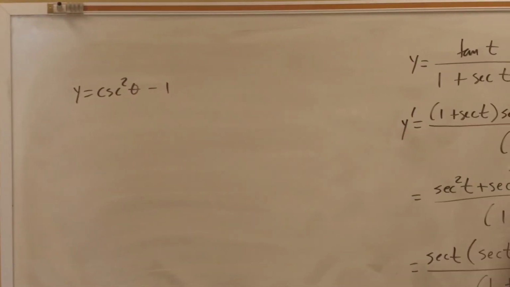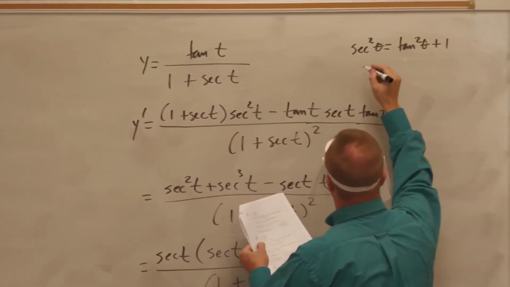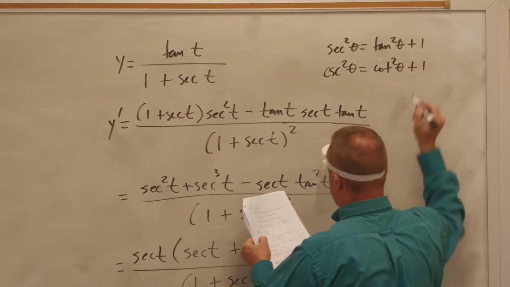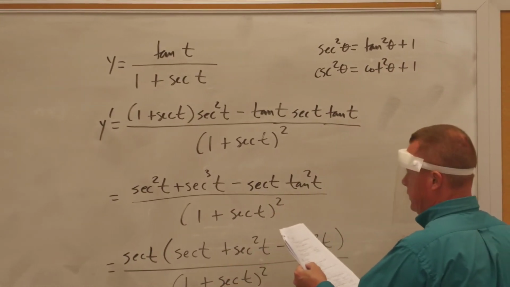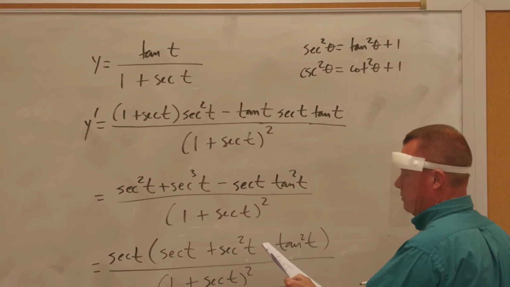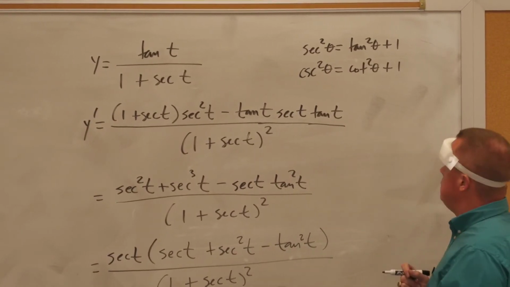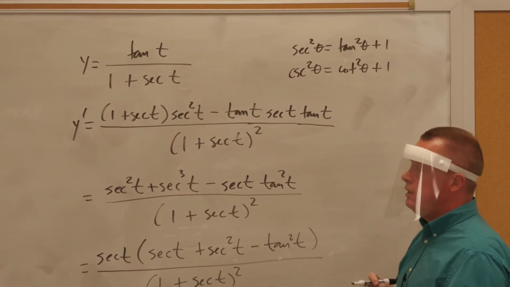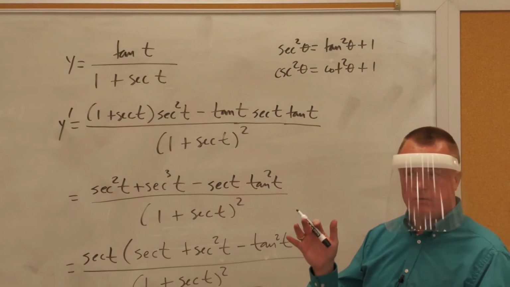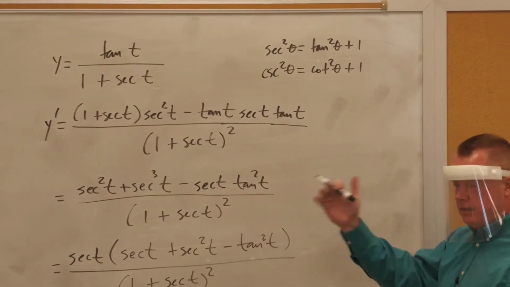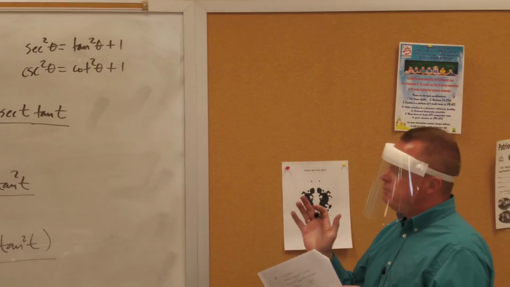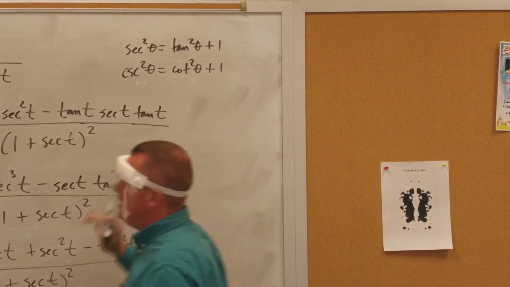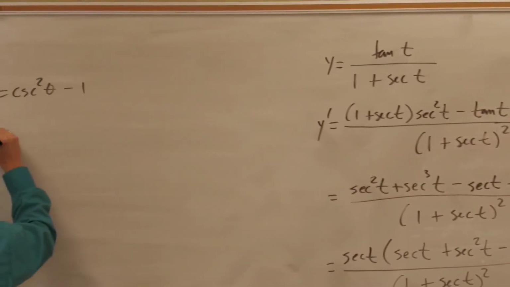Another Pythagorean identity is cosecant squared theta is equal to cotangent squared theta plus 1. All right, so what is cosecant squared minus 1 equal to? Cotangent squared. So we don't know what to do with cosecant squared yet. Now we will after we do chain rule, not in the section after the next one. But what we could do with this is rewrite it. So cosecant squared minus 1 is cotangent squared,